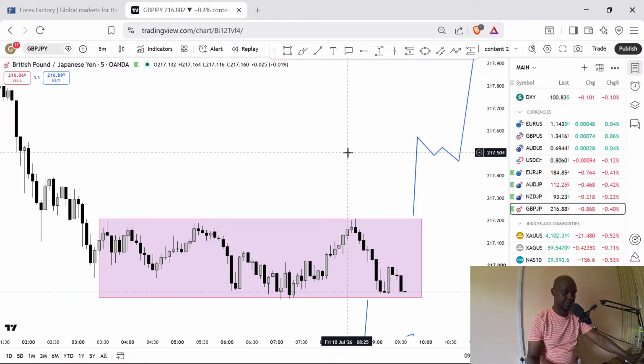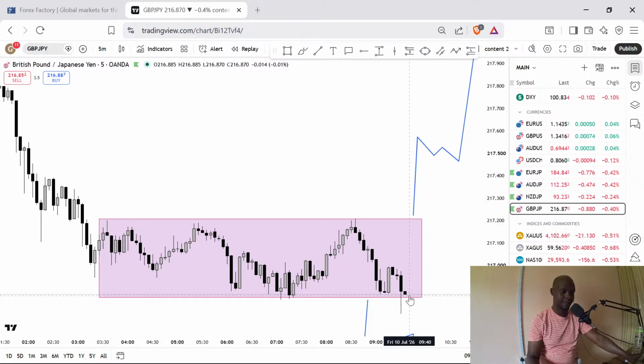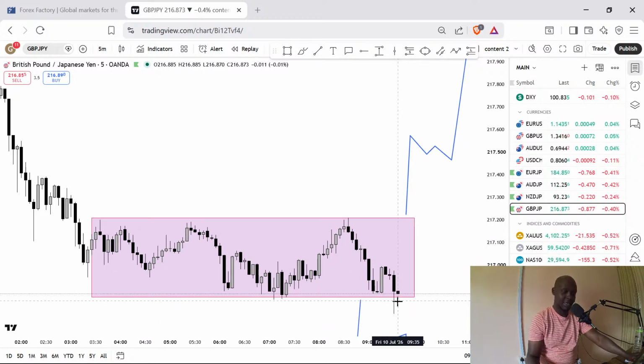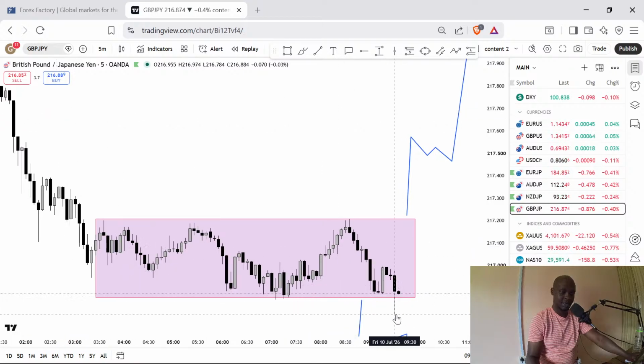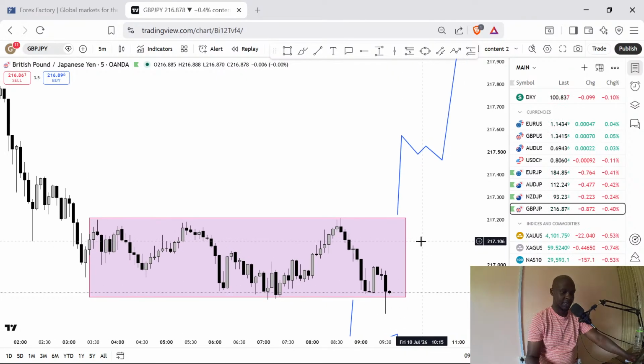Okay, now we've gotten the candle close with a very large wick, just testing areas below the low of this range. So normally my expectation will be for price to start to push upwards, but let's wait and see. If this candle continues to push lower and we break and close below this candle over here, the very strong bearish candle close, if we can get a strong candle like this taking us lower, breaking this low, then